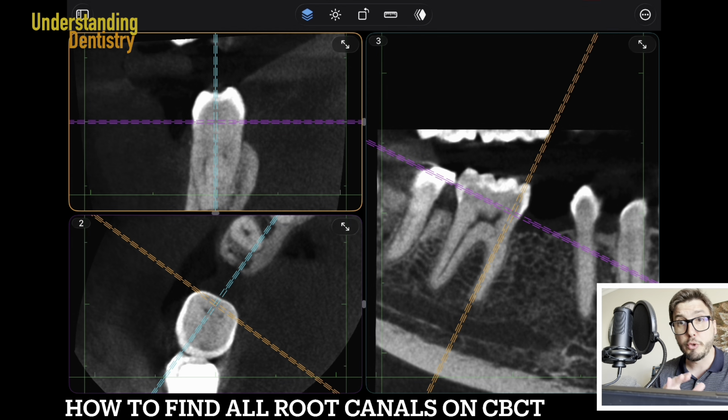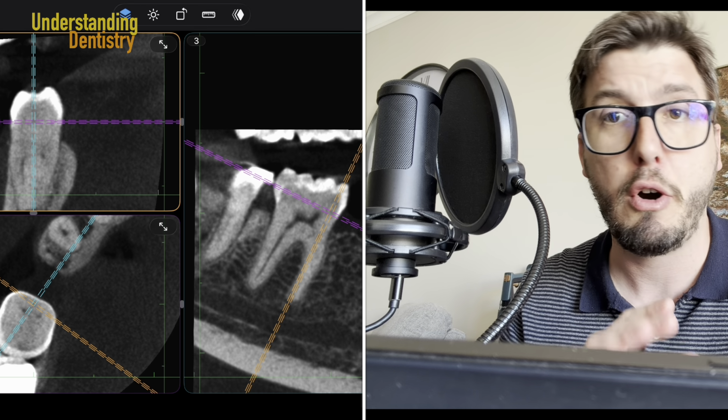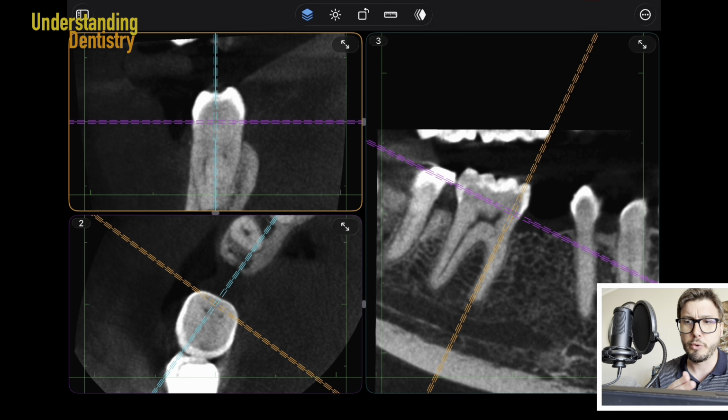Hello guys, quick tutorial just for us to know how to locate the second mesial root canal of a lower molar. So very similar to locating the MB2, just for us to review this in a very good CBCT. The quality of CBCT will also make a difference. So let's pay attention to the scanning protocols that we are using and the device that we have that is